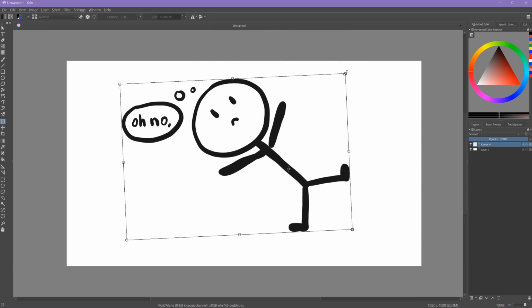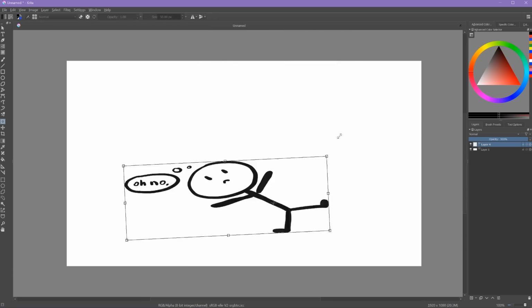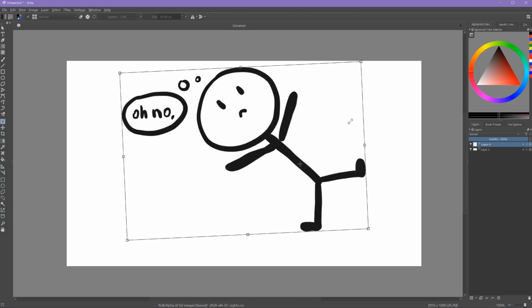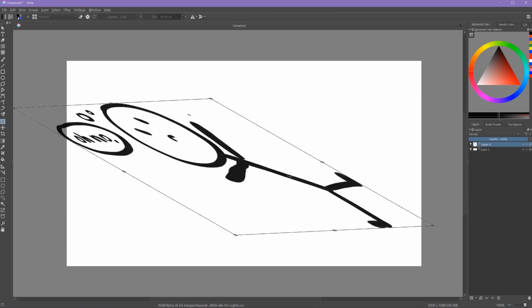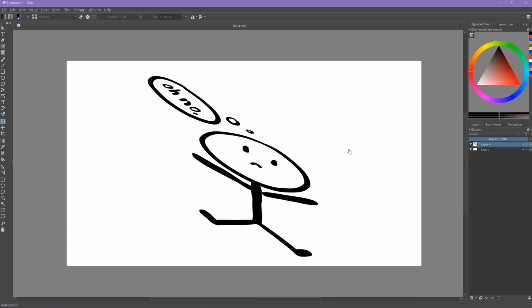If you grab right on the corners, you'll get your scale option. And just like with other tools, if you hold shift, it'll keep the same aspect ratio. If you put your cursor on the edge right here, you can shear your drawing. And then when you're done, you just press enter and your transformation will be all done. If you didn't want to keep that transform, you just press escape and it'll reset back to its original position.